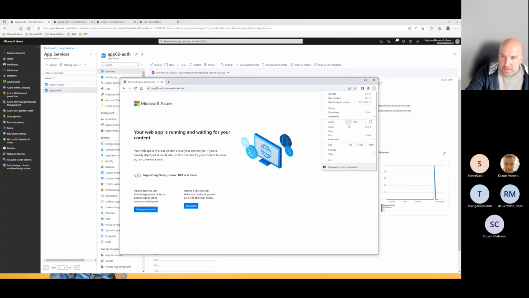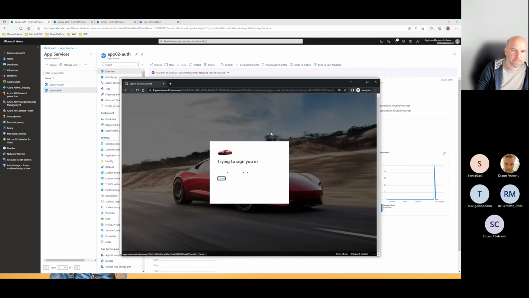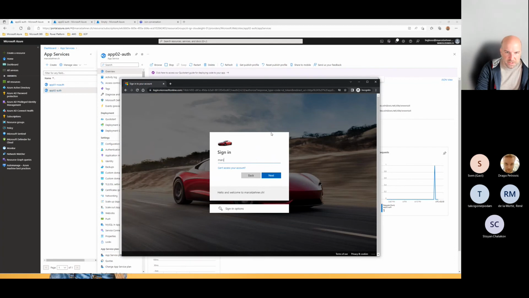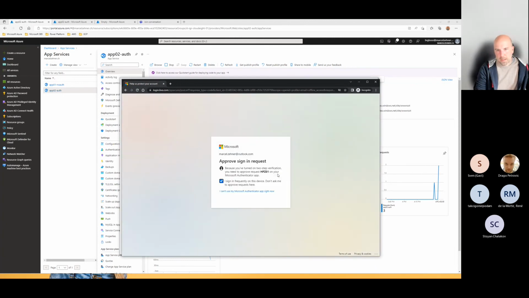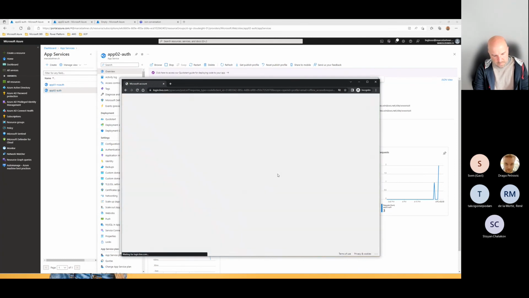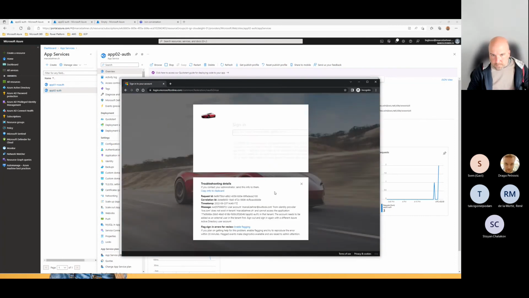If I go into incognito window, so just to show you this as well, I go to the same website. But now I use some other user, so my private user. This user is not related to my tenant here. So this is a totally different user account, right? So I can still log in. MFA as well. There we go. Want to stay in, yeah. And now I get this